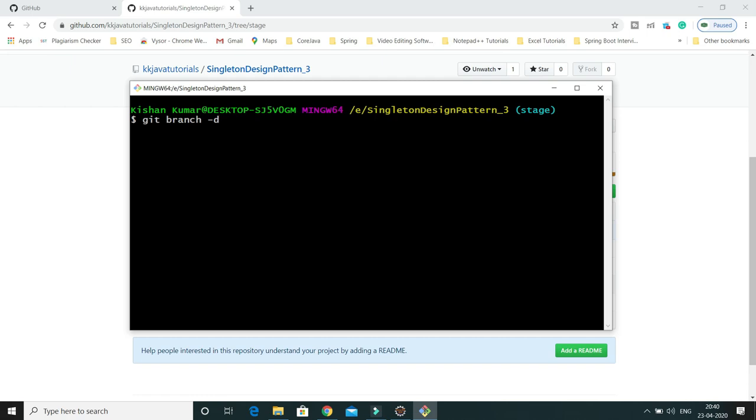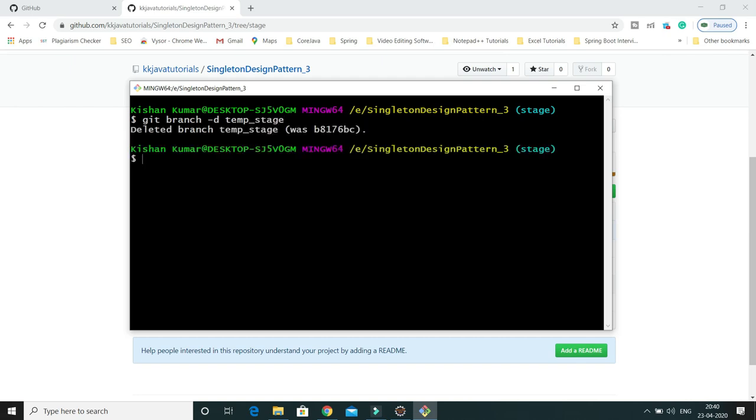Guys, keep in mind you will have to give the small d if you want to delete a branch which you have just created, right? Then git branch -d and then the branch name. I would say temp_stage, right? If you press enter, it says deleted branch temp_stage, right? If you do git branch, then you can see that branch is not available in the list. So this is the first way to delete a branch you have just created.